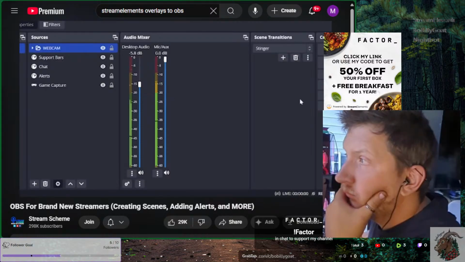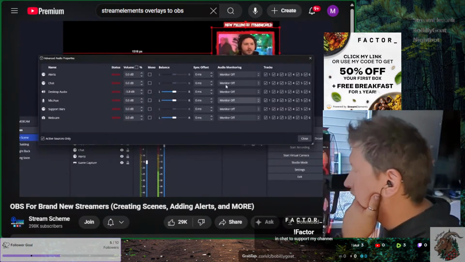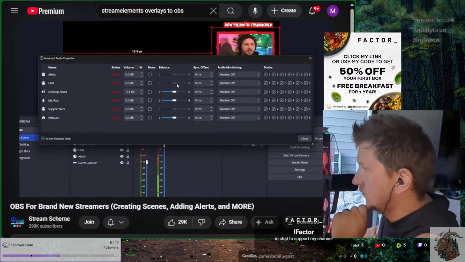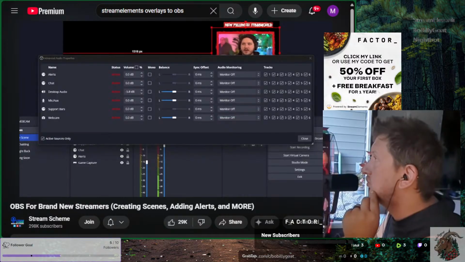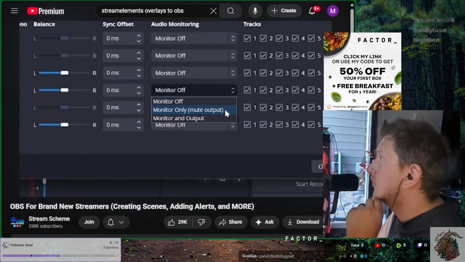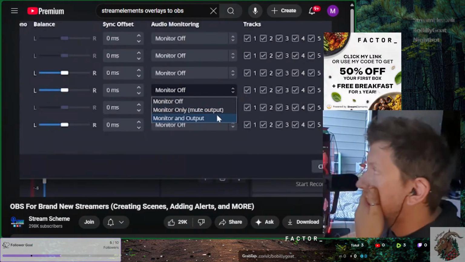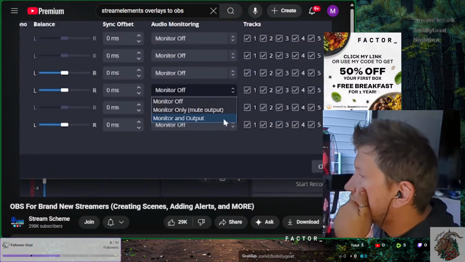The final step here is that you'll want to click the cogwheel in the bottom and open advanced settings. On the right, you'll see audio monitoring. If it says monitor off, it means you can't hear this source out of OBS, but your viewers can. If you have monitor only, it means that only you can hear it and OBS isn't transmitting it. And then monitor and output means that not only are you listening to the source from OBS, but you are